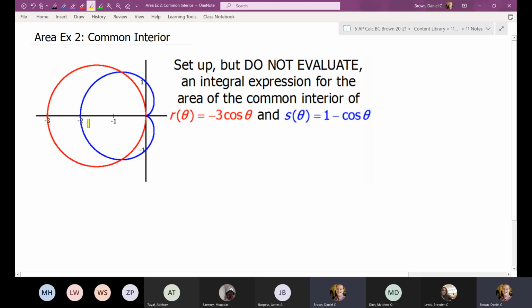So let's talk about this region, because again, polar graphs are weird. They behave differently than the other graphs that we have. There's no top minus the bottom always. There's not going to be a right minus the left, because everything is being measured from the origin. So first way, and again, this is not the only way to do it, I like using symmetry, because when you start having integrals where the angles are too far apart, weird things can happen along that interval. So it's going to be nice to just use a smaller region. What I mean by that is if I just found the area of this top half,